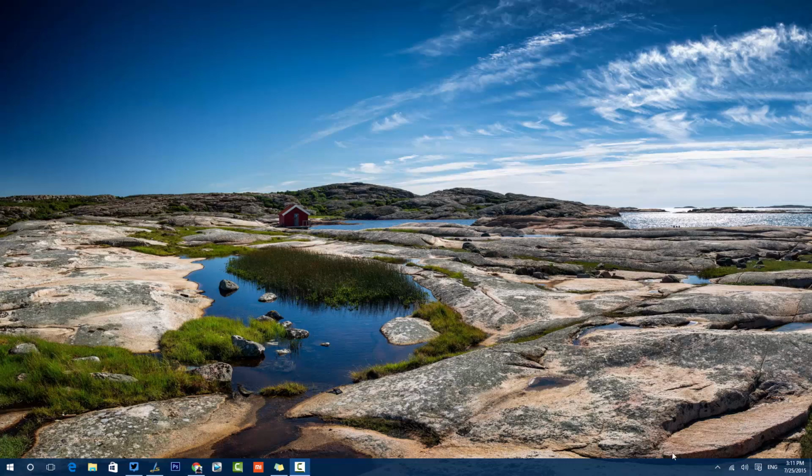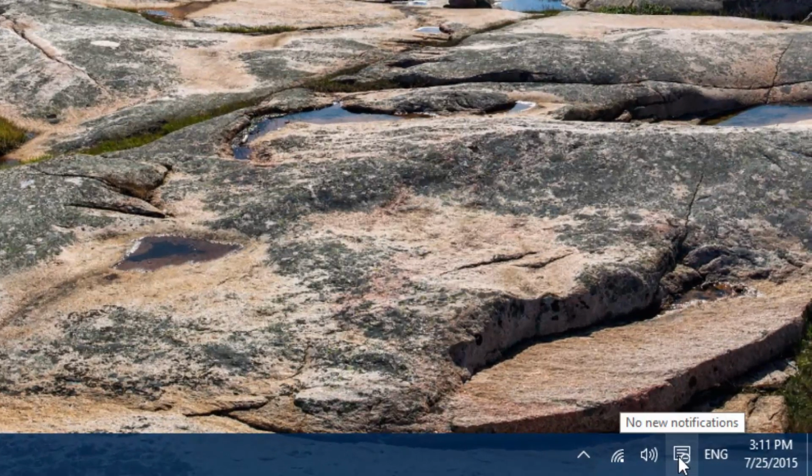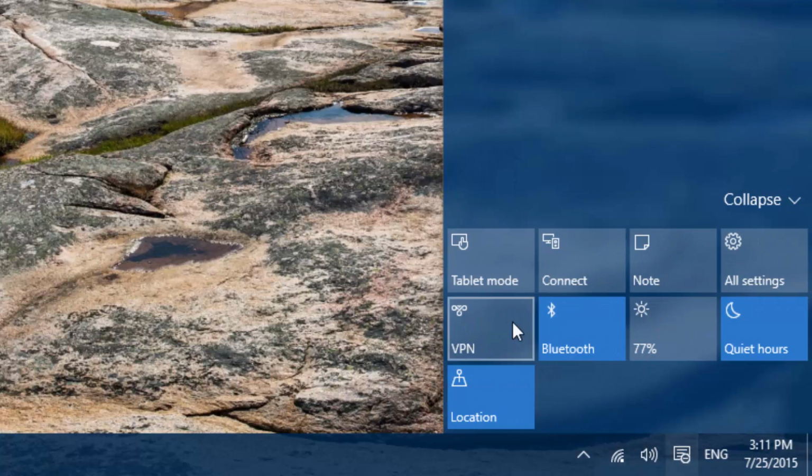The easiest way to enable this mode is from the action center. You can see the notification center here. We have this option called tablet mode. This is the option to enable the Continuum feature. By default, since we're using a desktop, this feature will not be available automatically. If you're using a tablet or a convertible device which has a keyboard dock, it will automatically be in desktop mode when the keyboard is connected. Now when you remove the keyboard, it automatically shows you a notification whether you want to turn to the tablet mode or keep using the desktop mode.